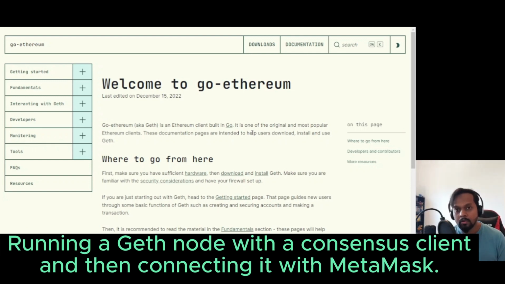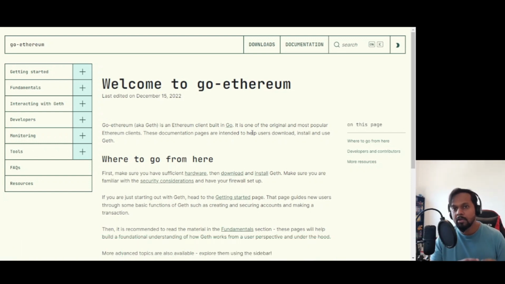I'm going to take you on a walkthrough of this entire configuration, where you will run your entire node on your own system, so that tomorrow you don't need Infura, but will be using your own Geth node client, which is directly connected to the blockchain network. So any transaction that you send will go through to the blockchain network without any intermediaries